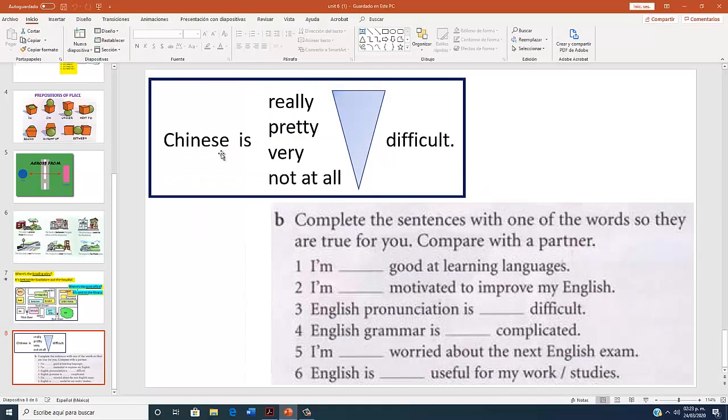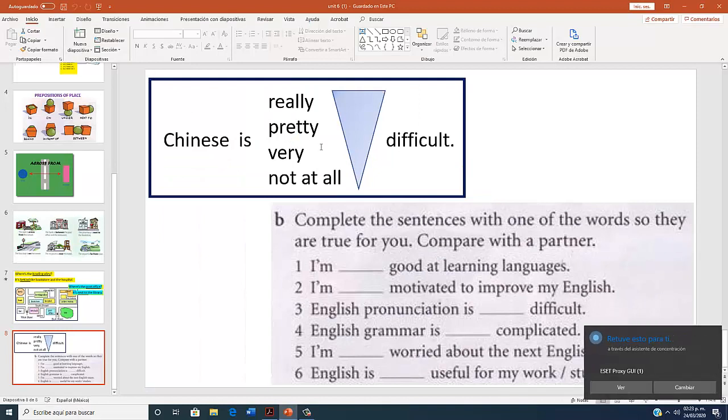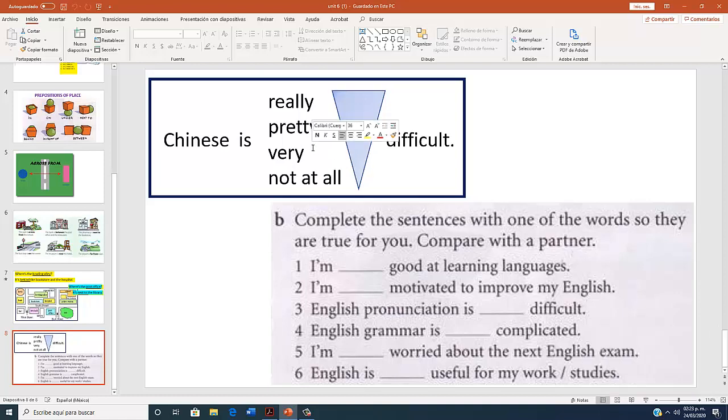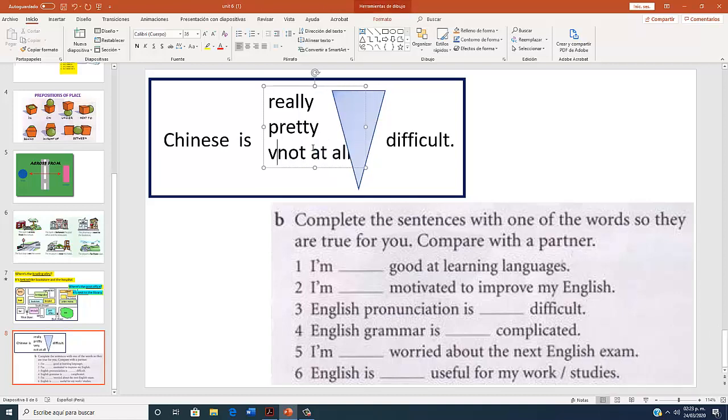I think that here we can change very for pretty. Really, very, pretty. Because very has more intensity than pretty. Very. Yeah? So you can say,